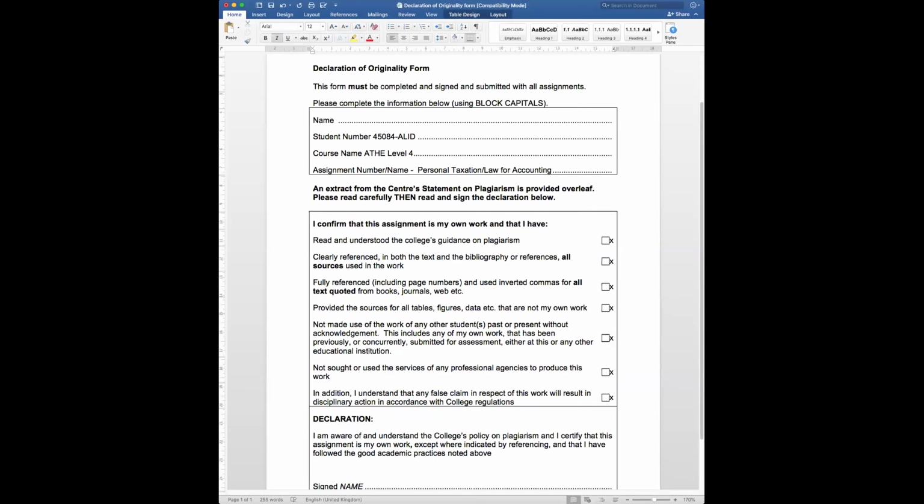Just wondering because mine is level 7. So do I need to mention level 7? Yeah, so instead of level 4, you will just write level 7 accounting and finance, and it will just keep on changing. If in case you are doing UK taxation, it will remain the same, level 7. If in case you're doing, let's say, business taxation or assurance, they come under level 5. So I'm doing corporate reporting, strategic, so that will be level 7. Right, so it depends on how the structure is.